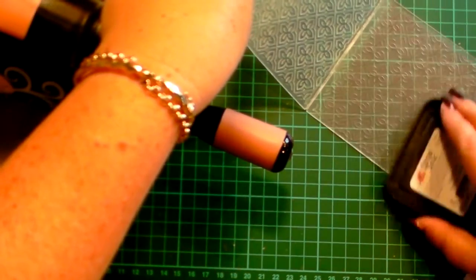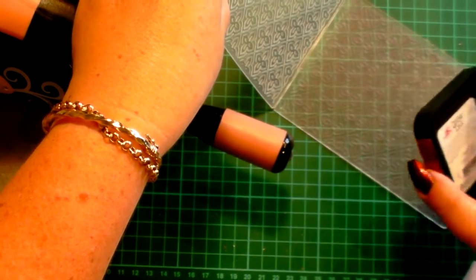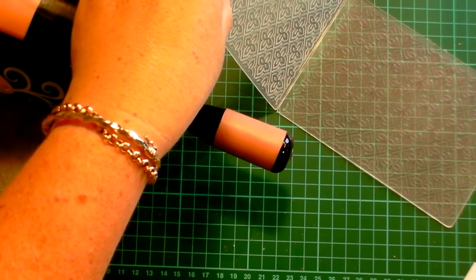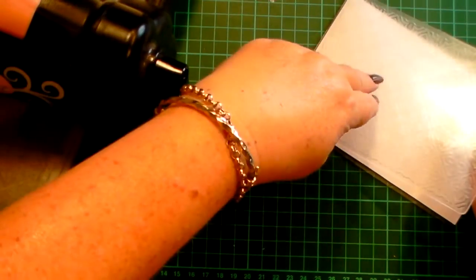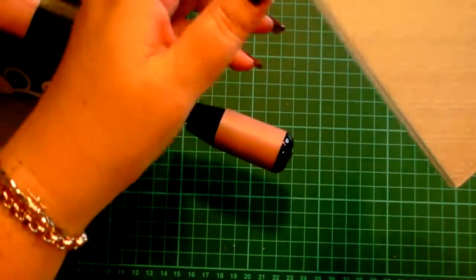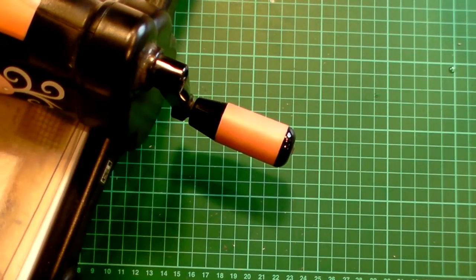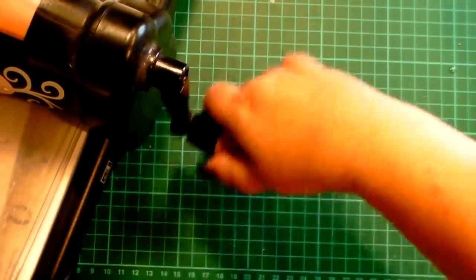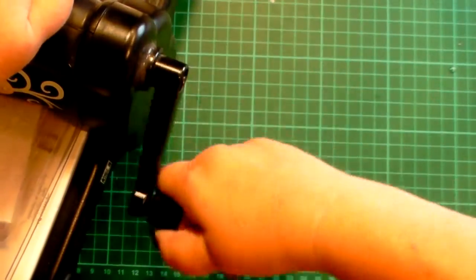So when you feel that you're happy that you've got enough ink on, but you've only lightly rubbed the surface, don't press into it. The next part is you want to put your plain card into your embossing folder, fold it up, and then just run it through your die cutting machine. Now I've got mine set up at the side. It's not in full camera view, but you'll be able to see the full effect when I'm finished. So just run it through